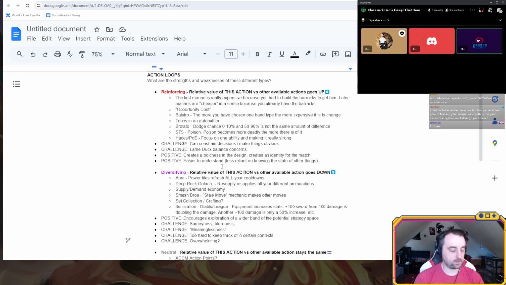I might be wrong about that. No, you're totally right. Absolutely. They're two ends of this pole, and if something is too reinforcing, you might want to add some diversifying. And if something is too diversified, you might want to add some reinforcing, for sure.